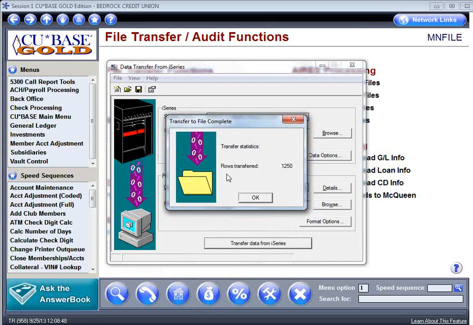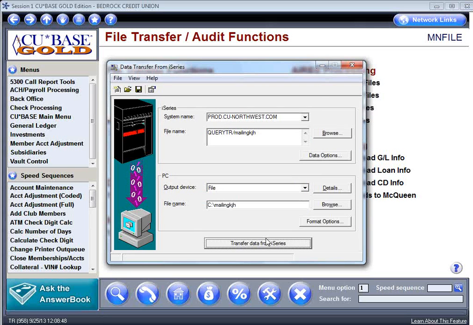The last thing that you'll see is rows transferred, 1,250. If you do not receive this message, your file was not downloaded. At this point, you can choose OK. If this is something that you are going to be downloading on a regular basis, for example, your 5300, the